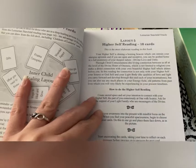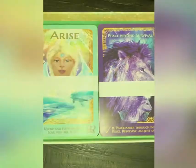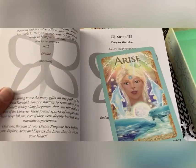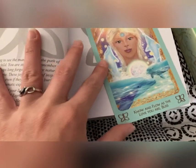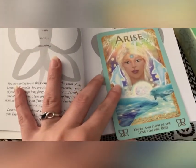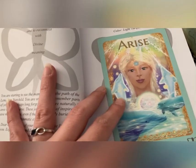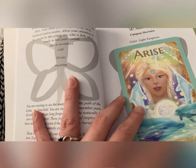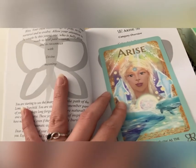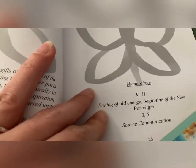Okay, so now I'm going to show you some of the cards and pages. This is the category that only has 1 card, and it is Arise. I saw it on top, and I was like, are there some more cards like this? Because the way they had them broken into the 2 sections, at first I was like, is there 2 categories or what? And then I was looking, and the first stack I pulled out, they were all mixed up. But the second one wasn't. So anyway,